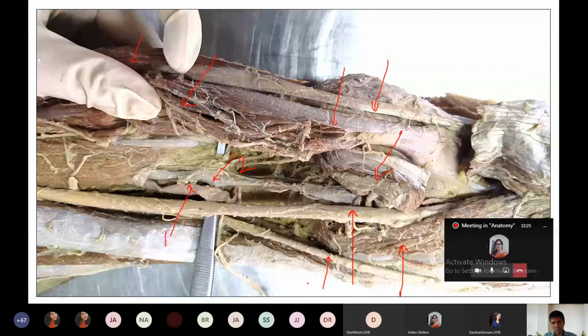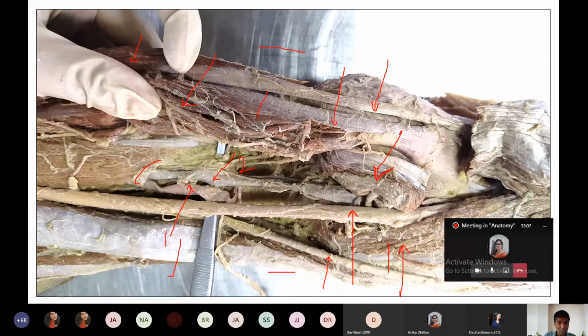First of all, like I told before, you have to identify the side of the region, medial side or lateral side. After identifying the side of the region, you can easily identify the structures. If you mistake the side, then your answer may be wrong. If you assume this side as the lateral side and this side as the medial side, then this head will be the medial head of the gastrocnemius, and this head will be the lateral head of the gastrocnemius. And this muscle will be biceps, and this muscle will be semimembranosus or the semitendinosus. So you have to identify the sides properly.